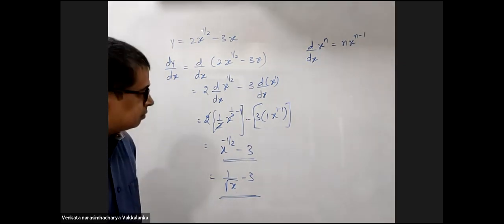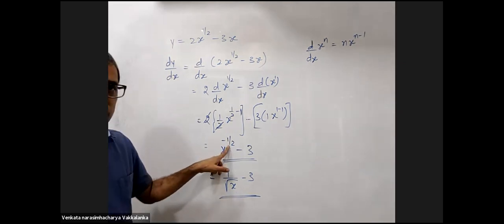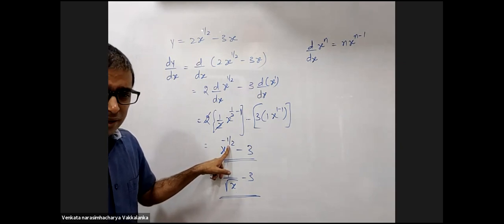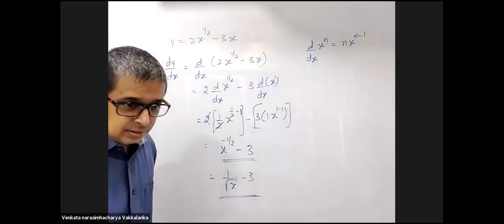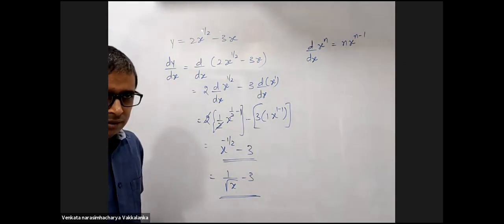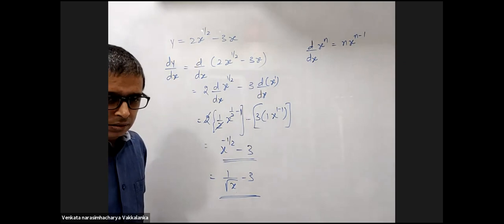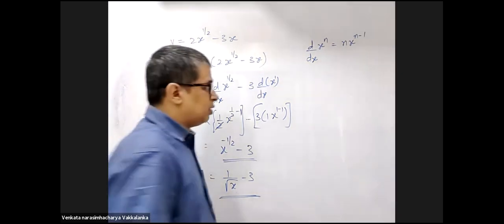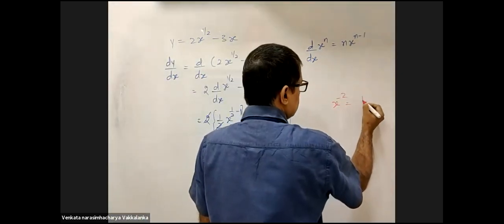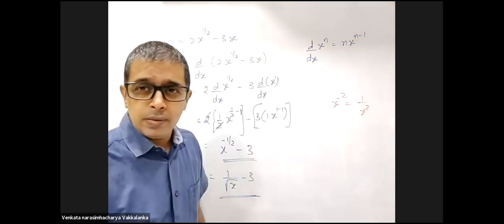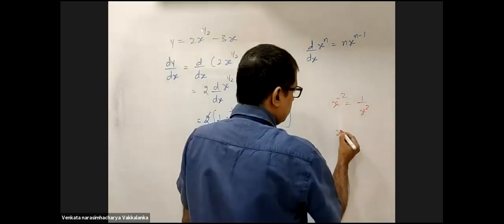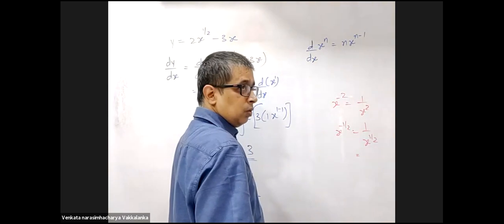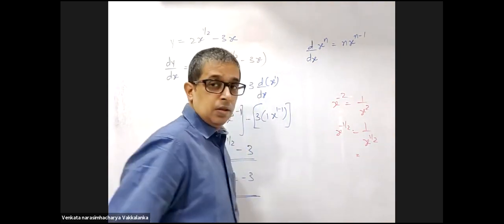Sir, how did you get x in the denominator in the last step? x to the power minus half, how will you write? Sir, square it maybe. 1 upon square x root raised to 1 by 2. What's wrong with you? x to the power minus 2 is 1 by x square. Yes or no? Yes, sir. So x to the power minus half is 1 by x to the power half. Yes or no? Okay, sir. Yes, sir.